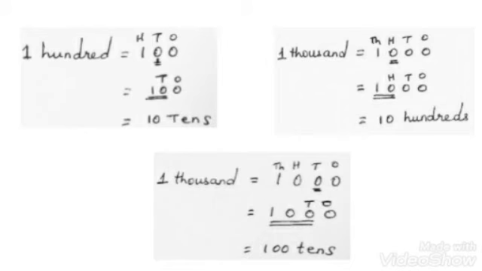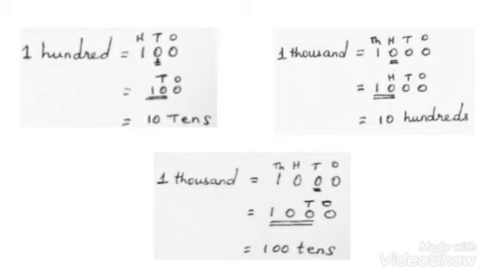How is what they express that much? I only have to write the places: ones, tens. So how many tens are there? 100 tens. Okay, don't get confused. How is 100 expressed in tens? Till tens you have to write the places: ones, tens, like that. For thousands in tens, and hundreds in hundreds, till the hundreds place you have to write. The remaining you take as a whole, then whatever comes, you write it. Okay. Are you clear with this?